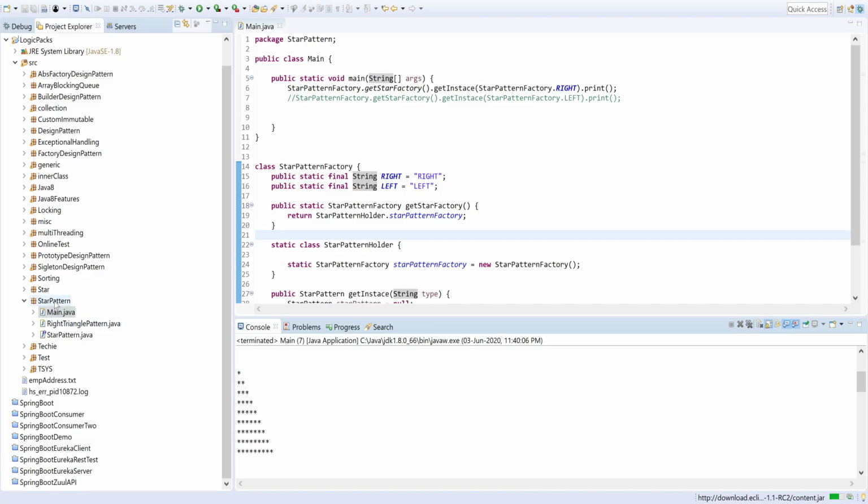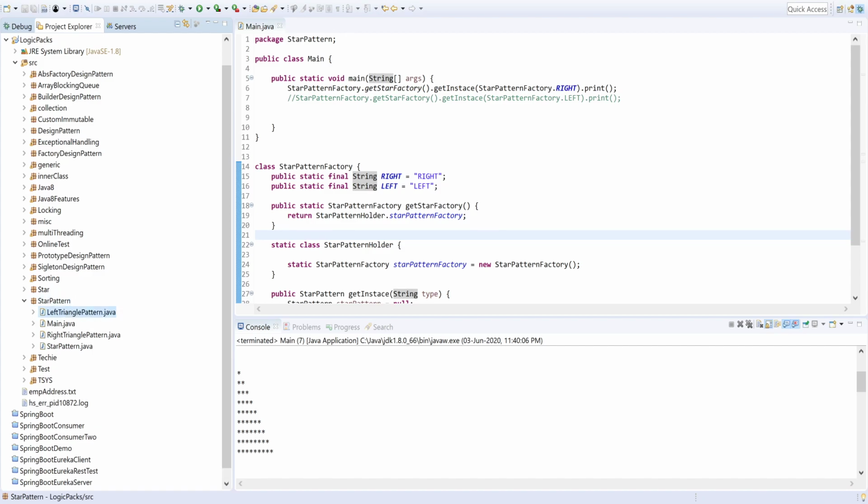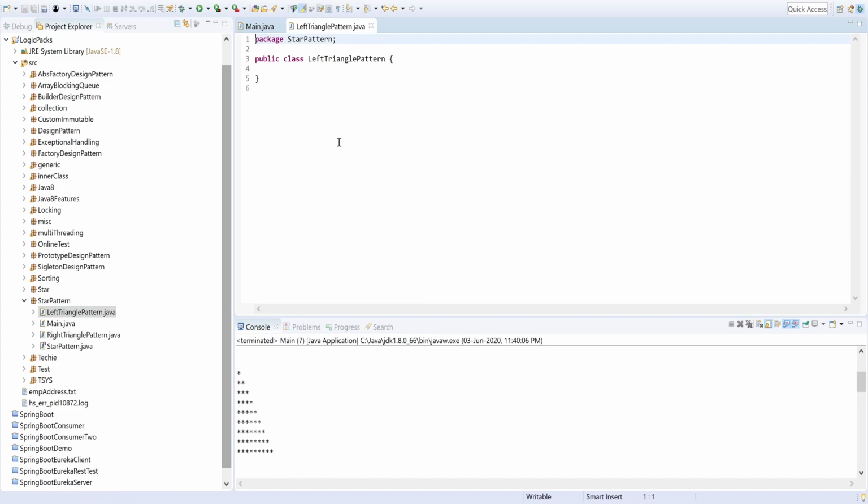Firstly we would create a class, as we have seen in the previous video. So, left triangle pattern, okay, this class we have created.